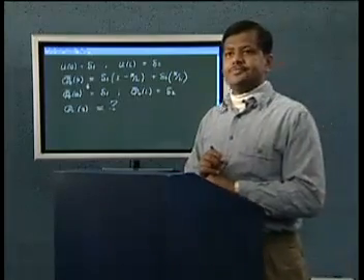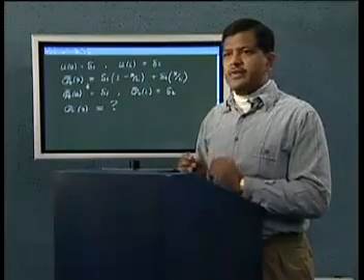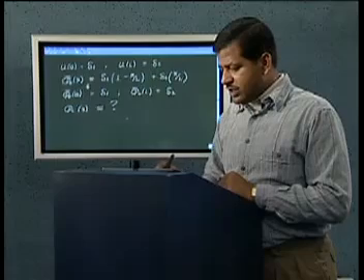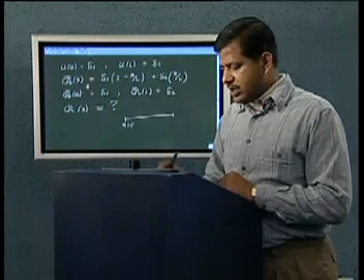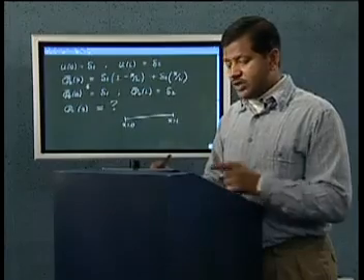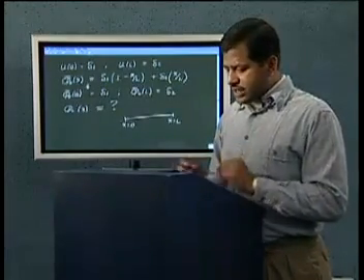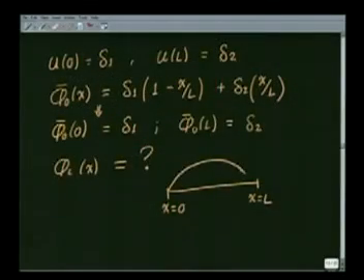In the expression for un of x, phi 0 bar is completely known. We have to get these phi i's. One option, if you remember, is that phi i has to be 0 at x equal to 0 and at x equal to L for this particular case that we have taken. So in this case, what choice can be made for phi i?